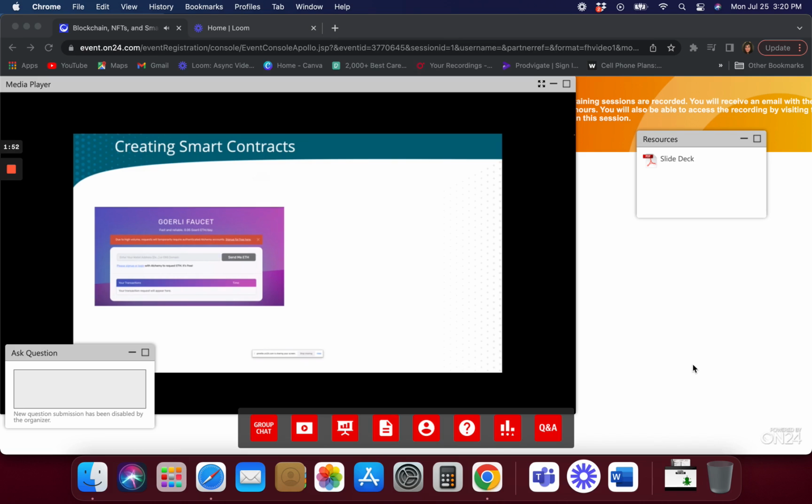Gorelli is a test network. The nice thing about Gorelli and other test networks is they have this concept called faucets. What a faucet does is it gives you these test Ethereum tokens. You need to cover the transaction costs of the Ethereum network with a smart contract. There are always transaction costs that happen. As I said, some of these marketplaces will take care of the transaction costs for you